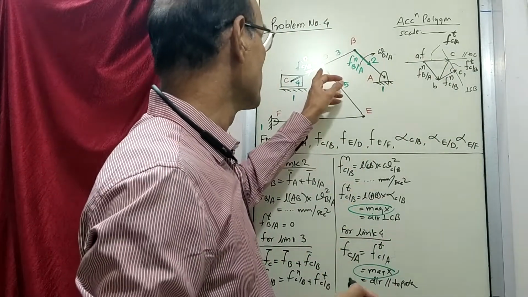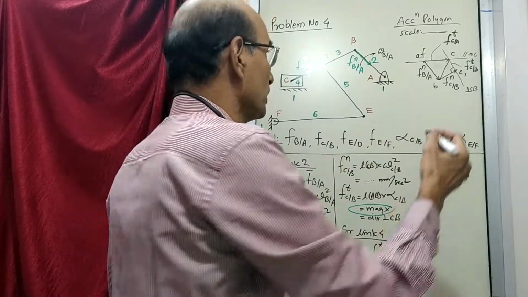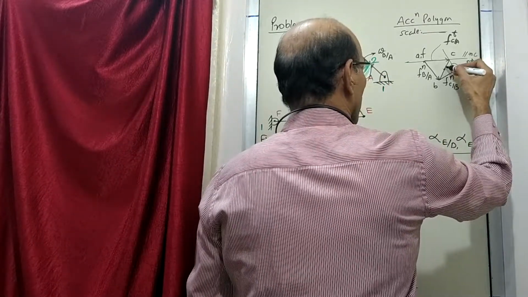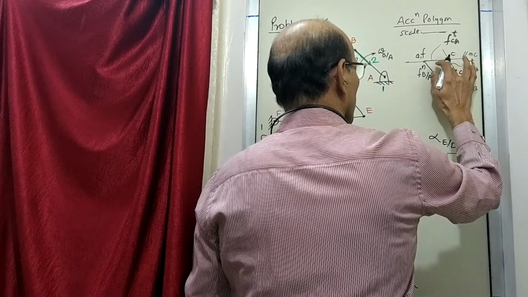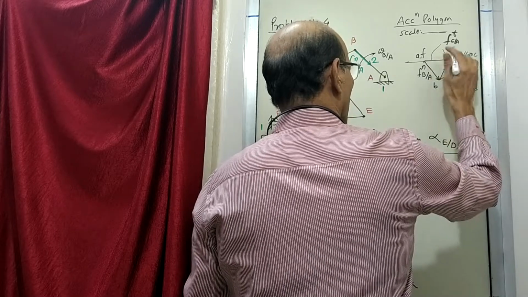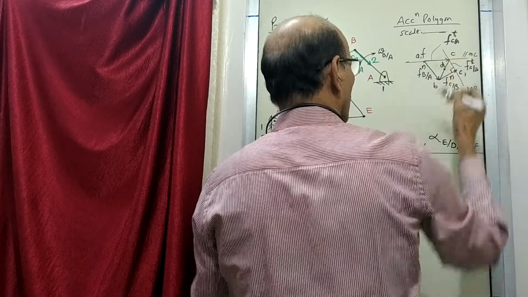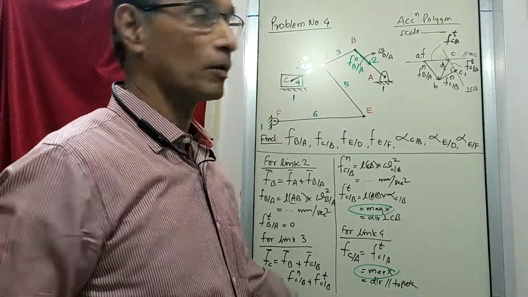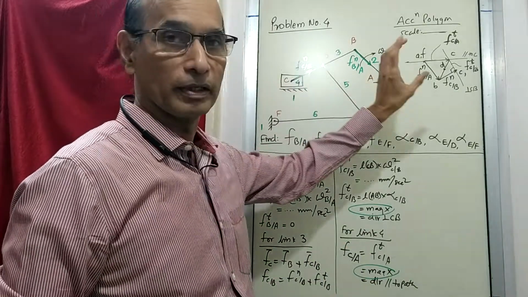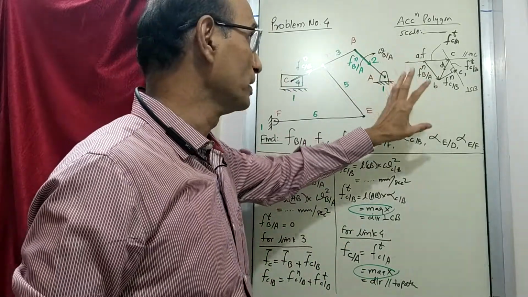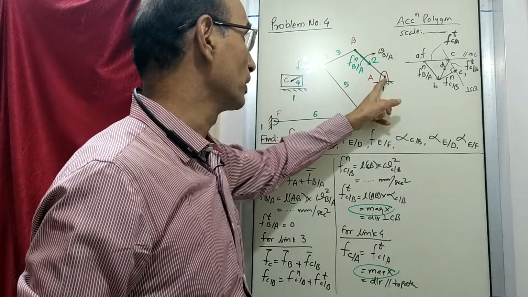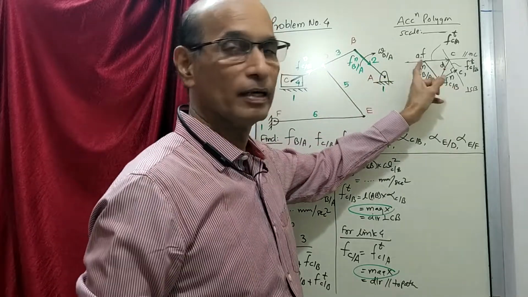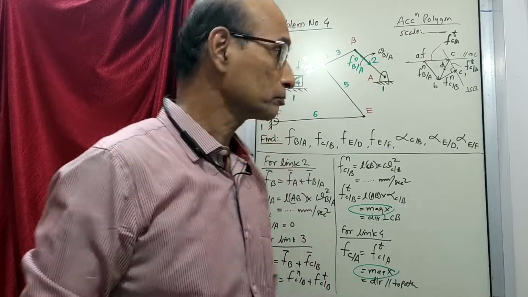Now there is a point D which is the midpoint. So here we are taking D here as a midpoint. So this is going to be point D. Suppose the proportion is different, accordingly you have to take it. So that is point D. So acceleration of D, if you want to know with respect to A, you have to join D and A, and accordingly you have to put the arrow.